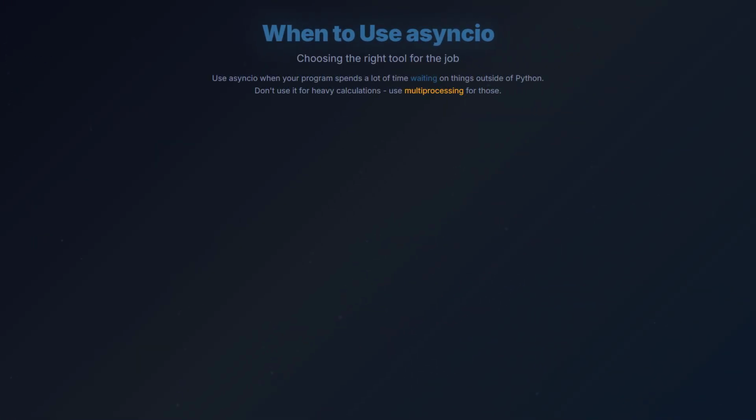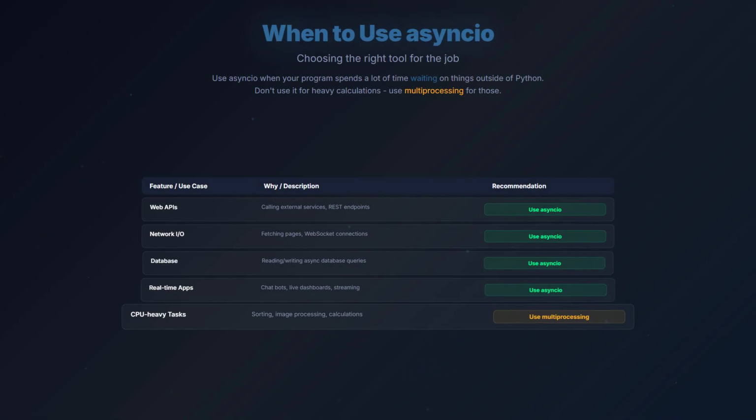When should you use asyncio? The answer is simple. Use it when your program spends a lot of time waiting on things outside of Python. This includes calling web APIs, fetching pages from the internet, reading from or writing to a database, listening for network connections, and building real-time apps like chatbots or live dashboards. In all these cases, your program is waiting for I/O operations to complete, and asyncio lets you do other work